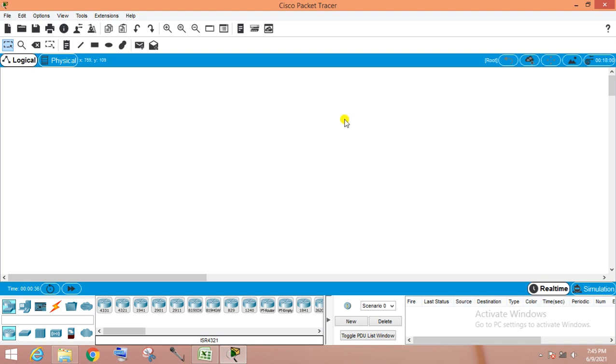And I'm just starting this practical. So what do we require? We require some routers, some switches, and some PCs to perform this practical. Here there are some latest ISR routers, the 4331 and 4321 routers, and some old version routers are also there. Some switch series are also there, the 3560 and 3650 switches, and some PCs, laptops, etc.